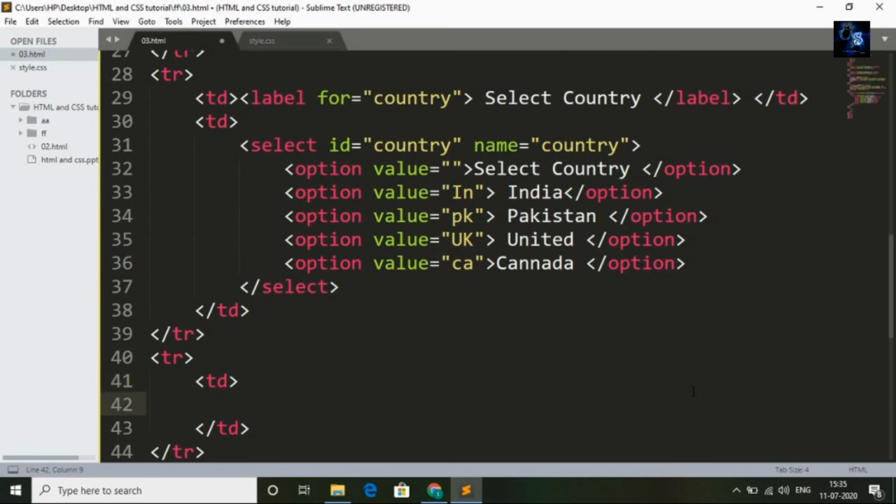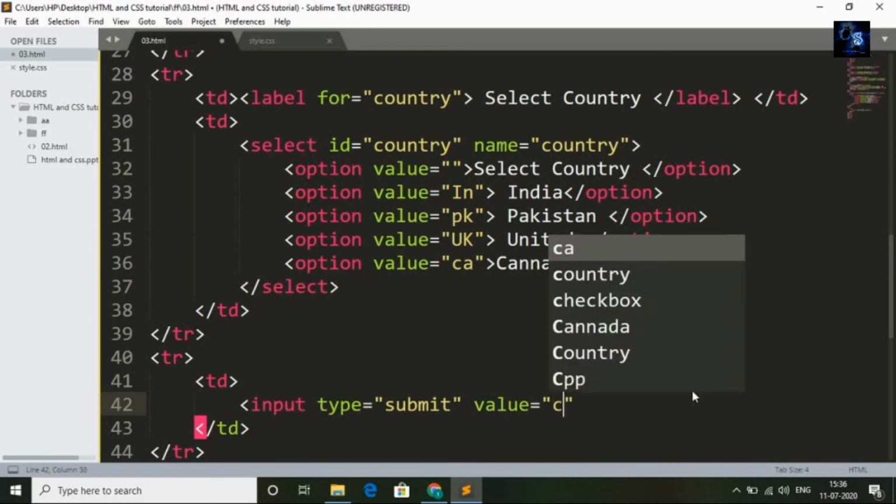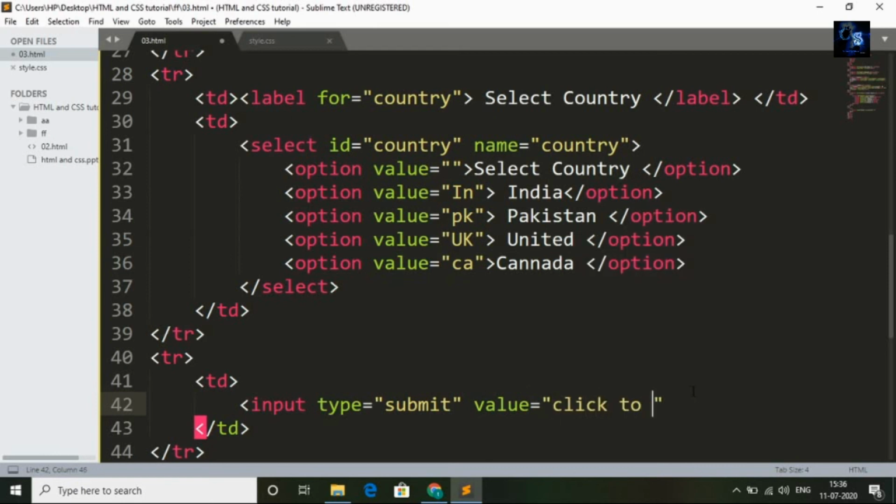Inside the TD tag, input tag, input type submit, value equal to click to submit.